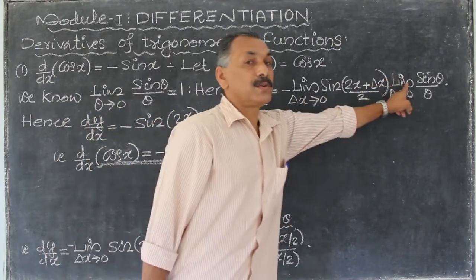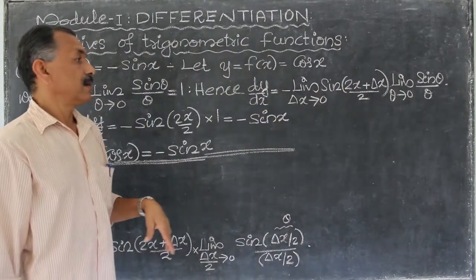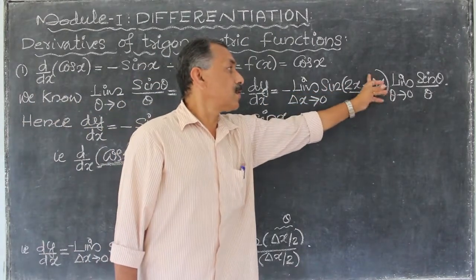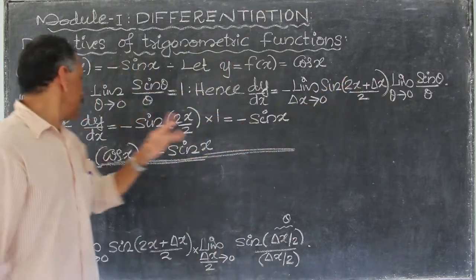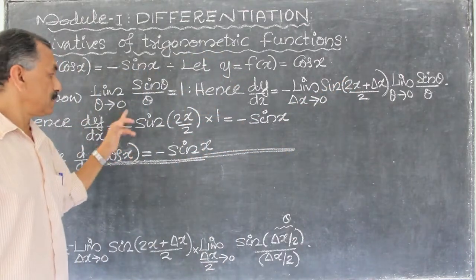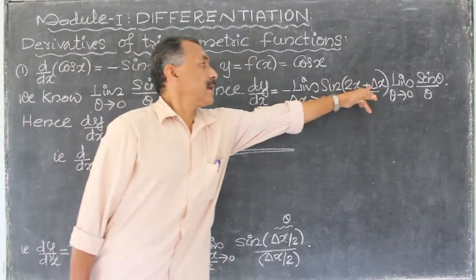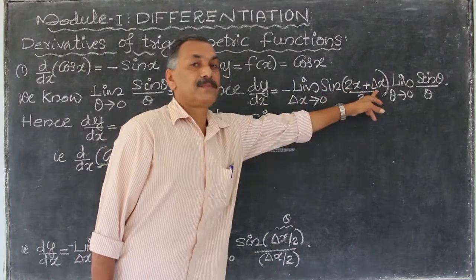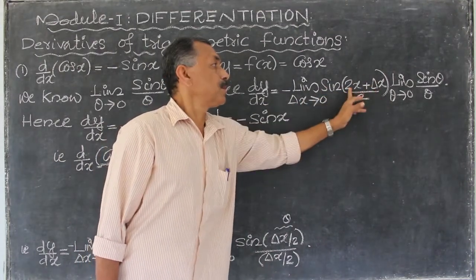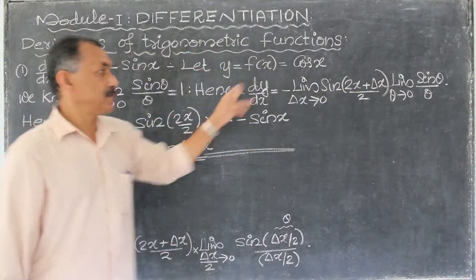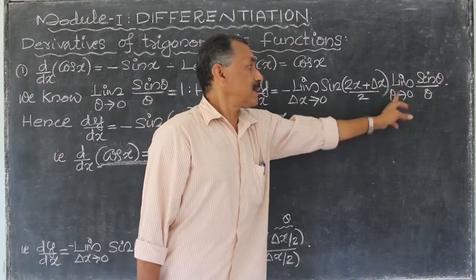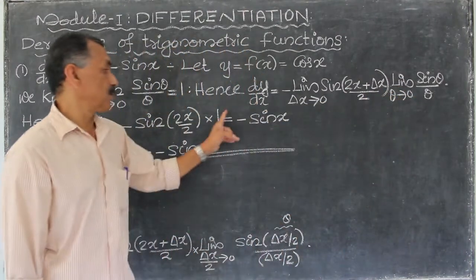What is the value of this? sin theta by theta is equal to 1. Here delta x is 0, so this will be 0. That is, dy by dx is equal to minus sin of, applying the limit delta x tends to 0, delta x becomes 0, and the rest is 2x plus 0 divided by 2, that is 2x by 2, into the second limit theta tends to 0 of sin theta by theta, which is equal to